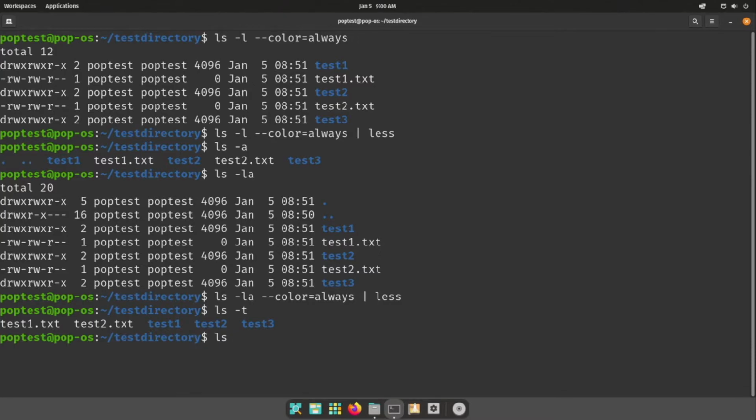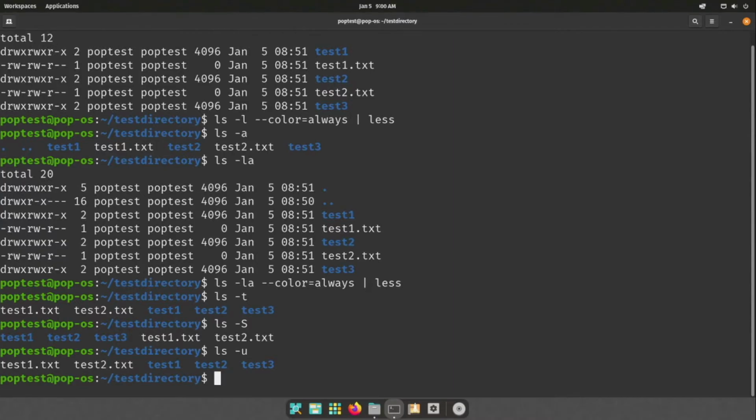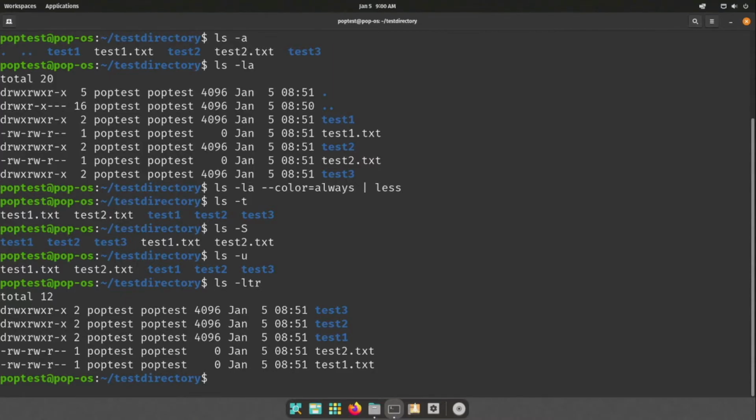ls space -S will sort by size. ls space -u will sort by access time, useful if you're trying to figure out which file has been accessed last. One common use of ls is ls space -ltr. This will combine the long format with time and sort in reverse order,